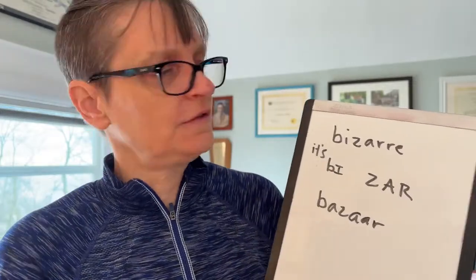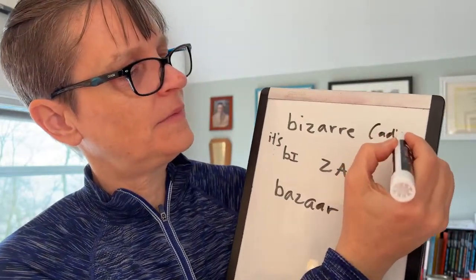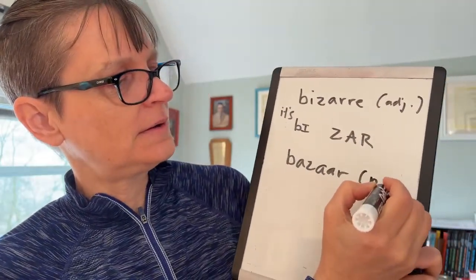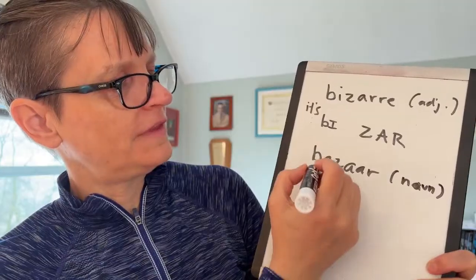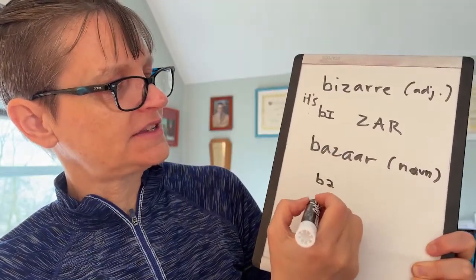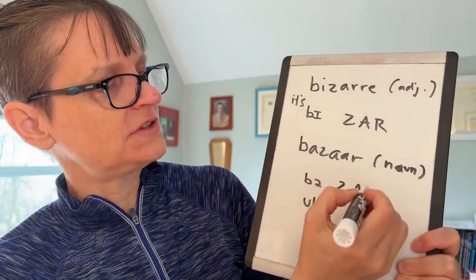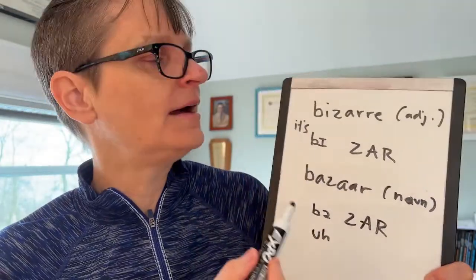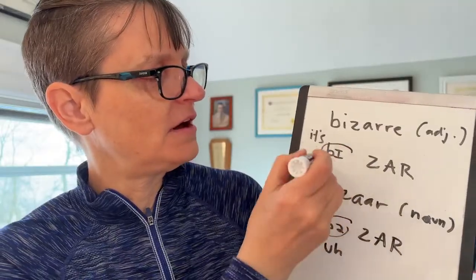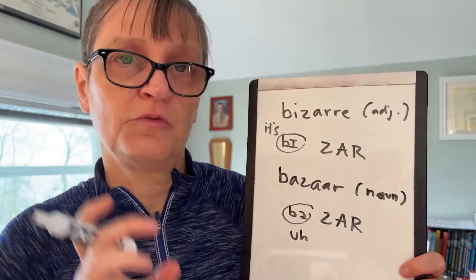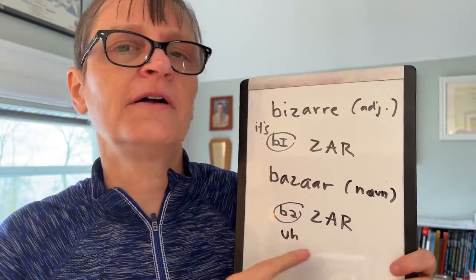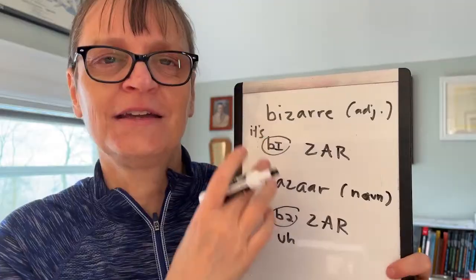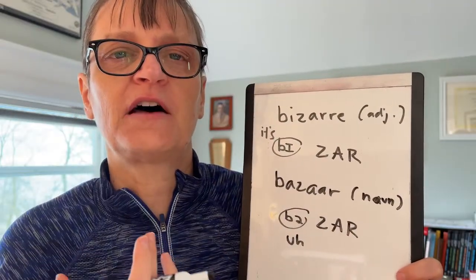So this is the adjective, a bizarre, bizarre. And then for the noun bazaar, we have, this will be represented as a schwa, an uh sound, but it's also just the zar ending. So both have second syllable stress, bizarre and bazaar. However, because the I and the uh are so similar when they're unstressed, they're both reduced vowels, bizarre and bazaar, it's almost inaudible to hear the difference. Technically, one has the reduced I and the other has the reduced uh but they're both going to sound very similar,